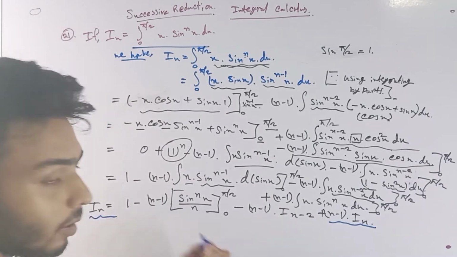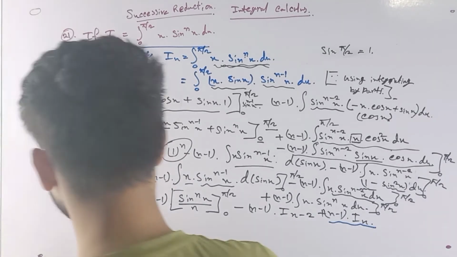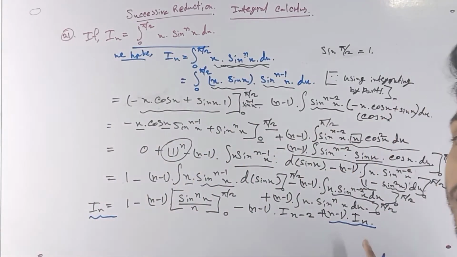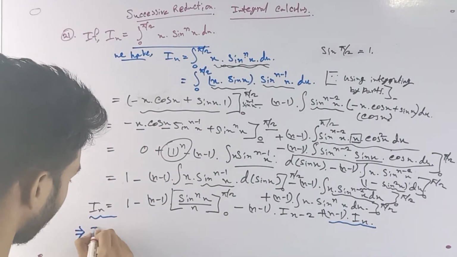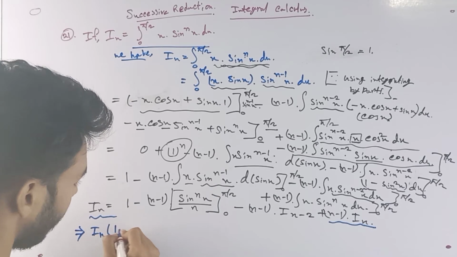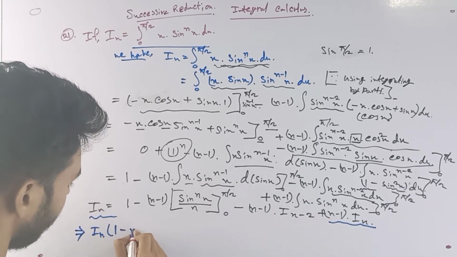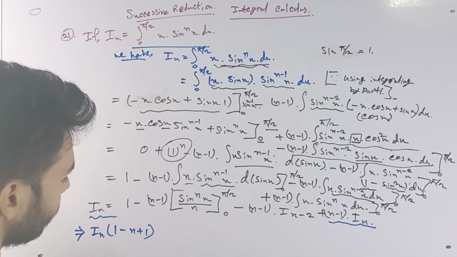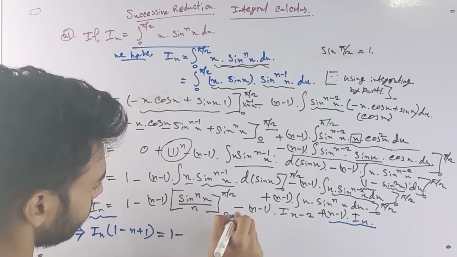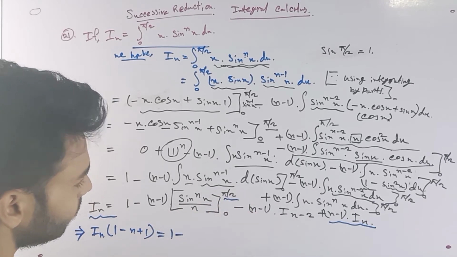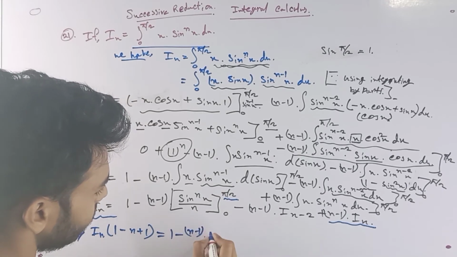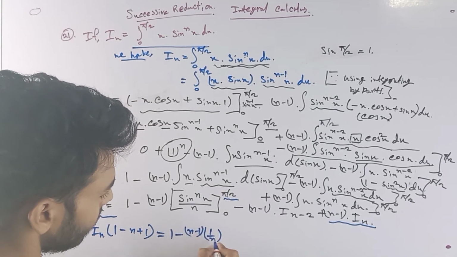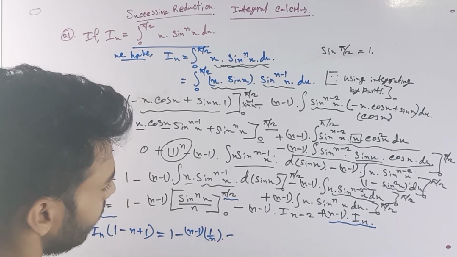So now I of n is coming here, so I of n into 1 minus n plus 1, that equals 1 minus this function is coming, so I write n minus 1 times 1 by n times minus of